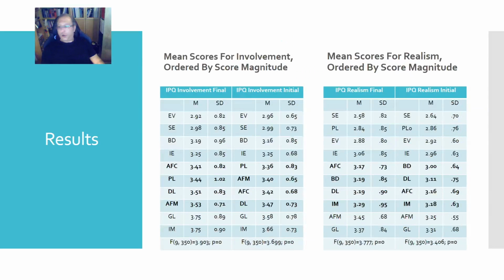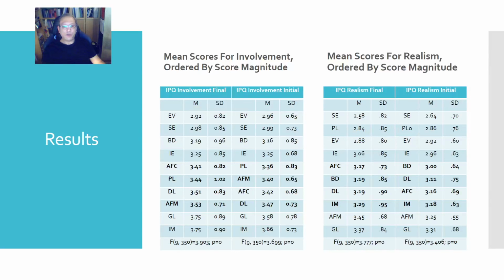So, also here we have those ANOVA results exploring each of the dimensions. Well, as you see, there is a significant difference between the scores of several applications evaluated in the study, and for both the 14-item and 11-item versions, the means are ordered in the same way for the most involving and the least involving ones.